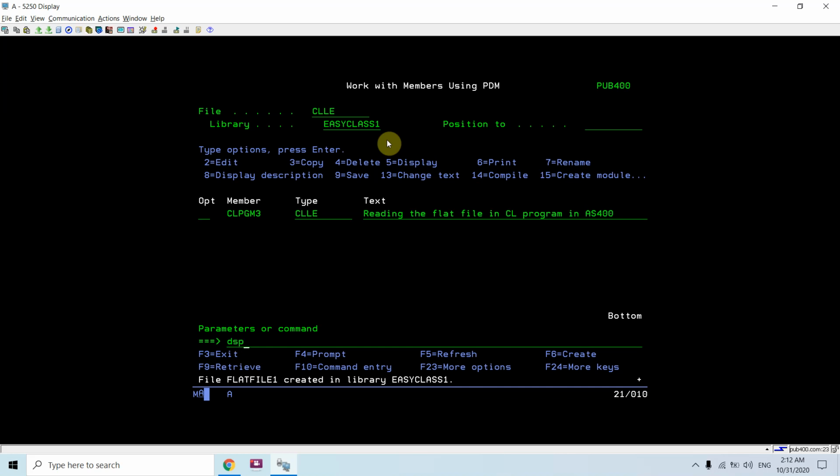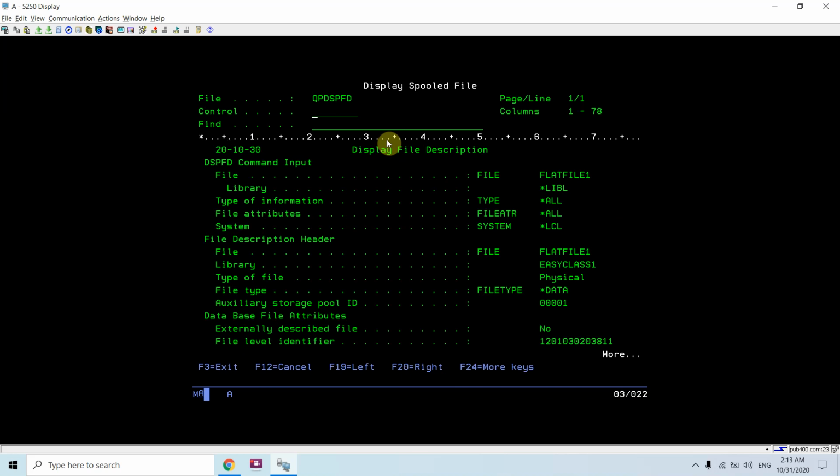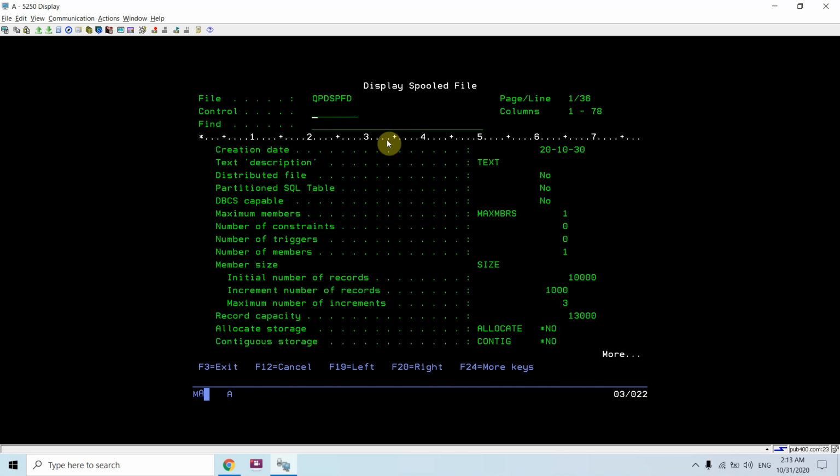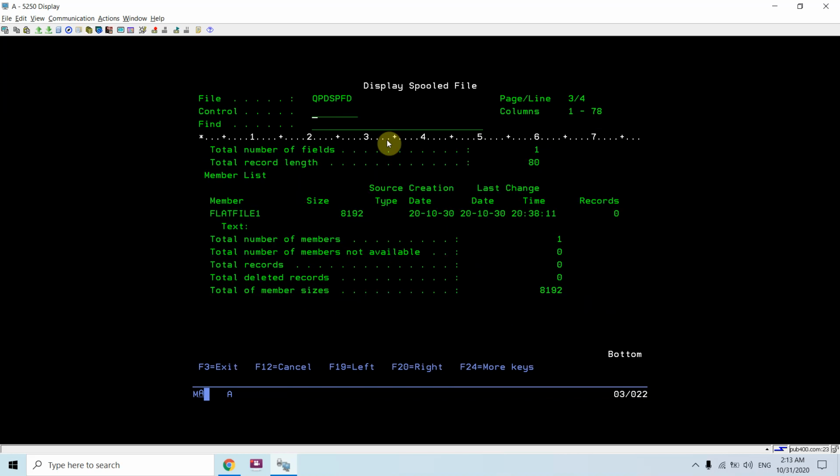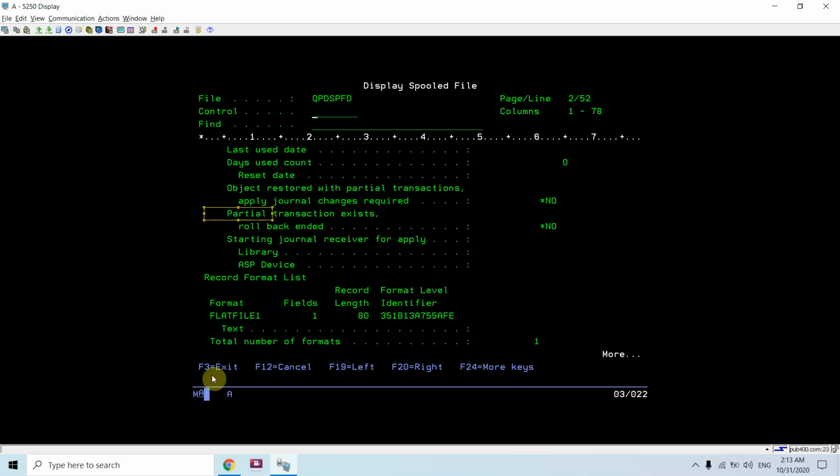Now if I do DSPFD on this one, I can see I'm not given any field or record format for this. So the record format and the field name will be the same, which is generated by the compiler. You can see the member is FLATFILE1, format is FLATFILE1.